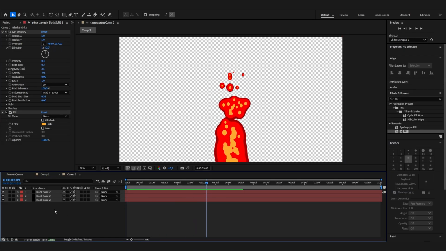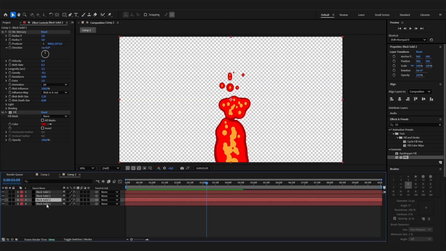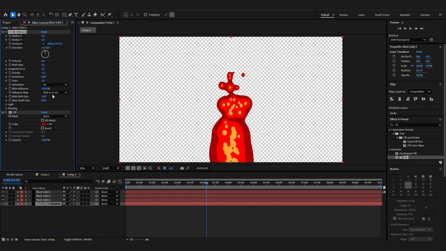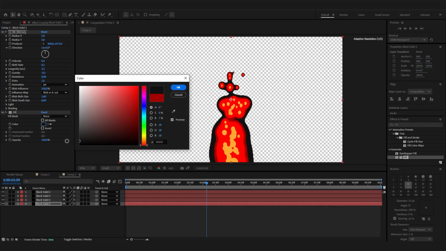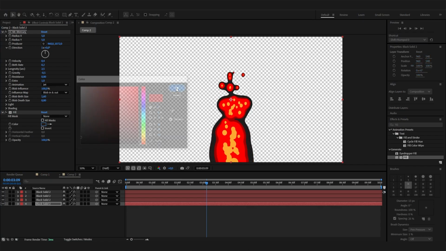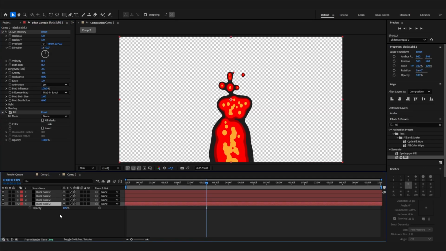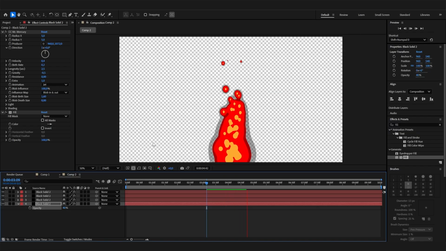Let's also add some smoke. Again, let's duplicate, this time the last layer, and actually select the one below again and increase the blob size by a lot more this time. And now let's just give it a gray color, something grayish. And we can also turn down the opacity. So just press T on the keyboard to access this setting and bring this down to like 20% or maybe 40, whatever you prefer. This will look especially good if you have a background.